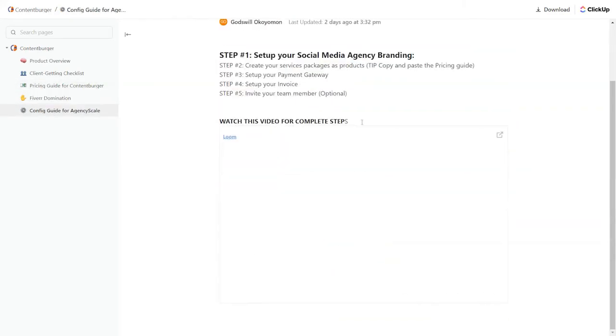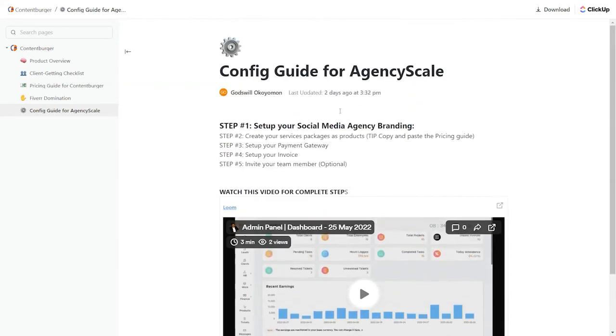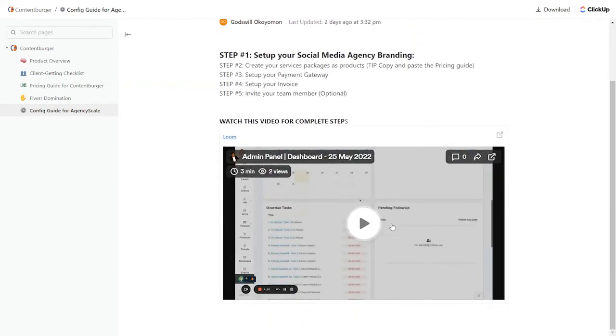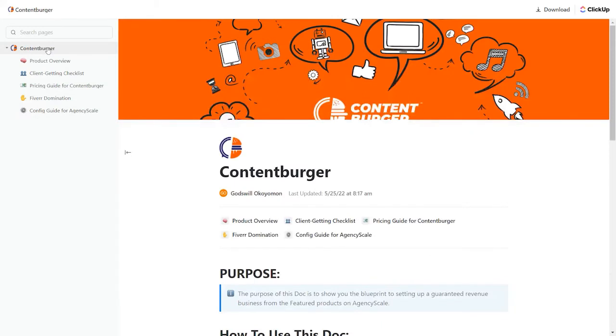And then there's a config guide for AgencyScale itself. Here's how you go into AgencyScale and set it up so that you are set to use Content Burger inside your AgencyScale. So we give you all the stuff outside of AgencyScale, and we give you all the stuff inside AgencyScale. This is just for one of the more than 30 products you'll get in the blueprints with the front end